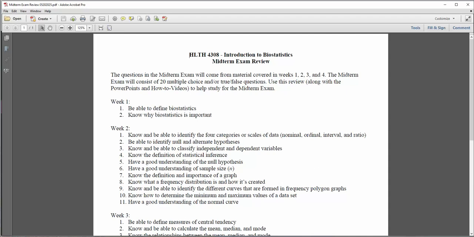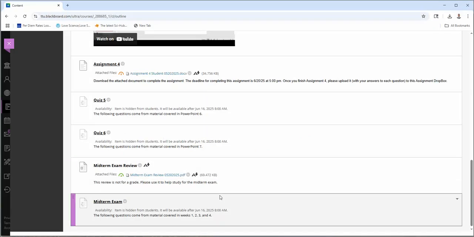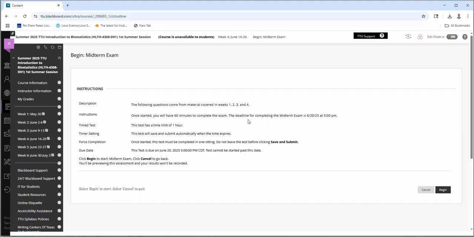Let's go back to Blackboard. To take the midterm exam, you can simply click on the link right here. Once you start the midterm exam, you'll have 60 minutes to complete it. The deadline for completing the midterm exam is listed right here. Remember, the exam will consist of 20 multiple choice and or true-false questions. In order to start the midterm exam, click Begin,